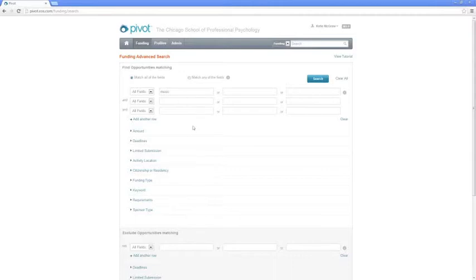But just to show you how this will work, you have a whole lot of different free text fields. And what we're doing right now is we're matching all of the fields that we choose. You also have the option of matching any of the fields. In other words, we will either link the search terms by and or by or. And obviously matching any of the fields will give you a much broader result than trying to match all of the fields. So in this case, I'm going to choose or,